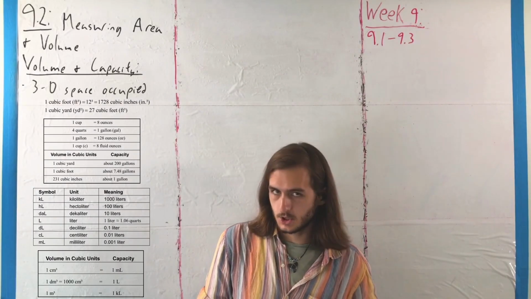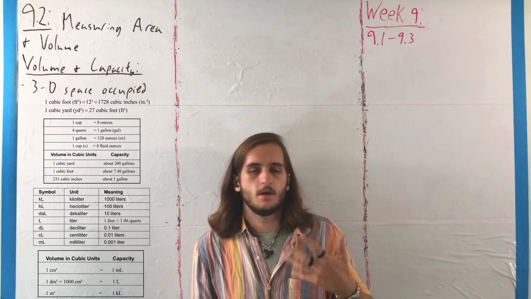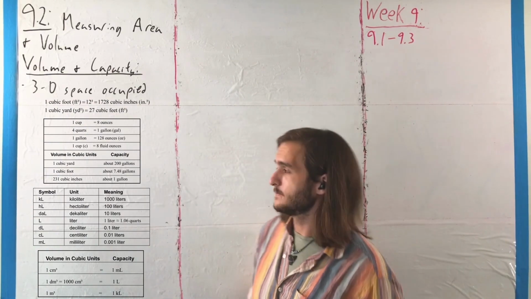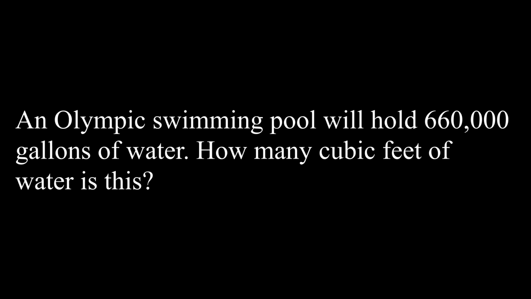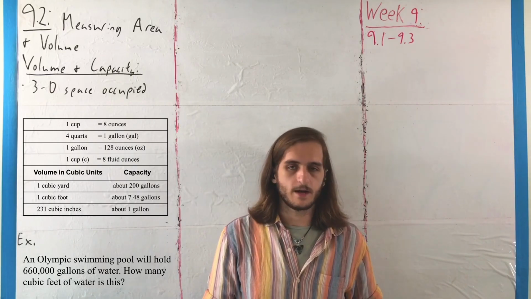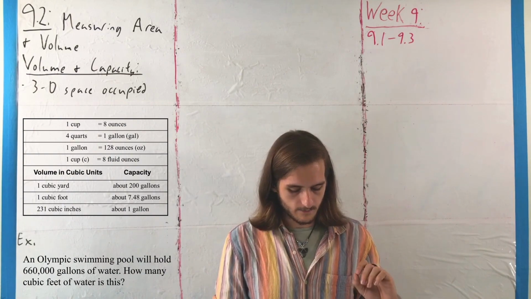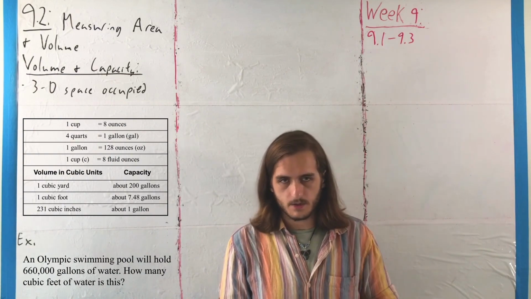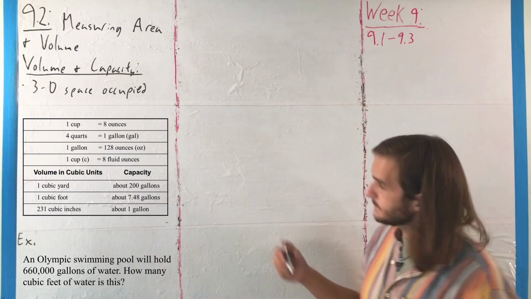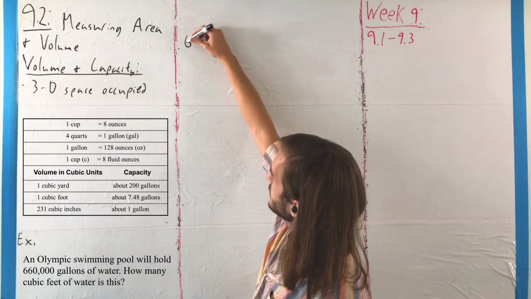So let's finish this section off with a couple more examples of applied conversion. For our first example here, an Olympic swimming pool will hold 660,000 gallons of water. How many cubic feet of water is this? So in this case, we have to use the conversion factor that 1 cubic foot is about 7.48 gallons, which means that our value here of